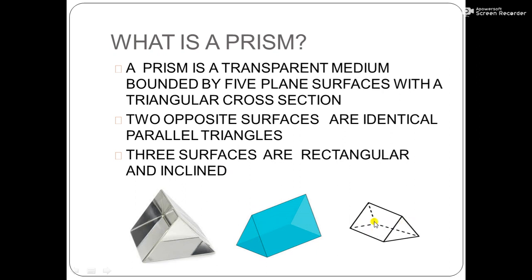an angle. These two rectangular surfaces are inclined at an angle A. That is called the angle of prism, and these two surfaces are called refracting surfaces, and this is the base. While drawing the ray diagram for a prism, we will just draw this principal section, that is a triangular surface, and this is considered as base, and these two surfaces are considered as refracting surfaces.